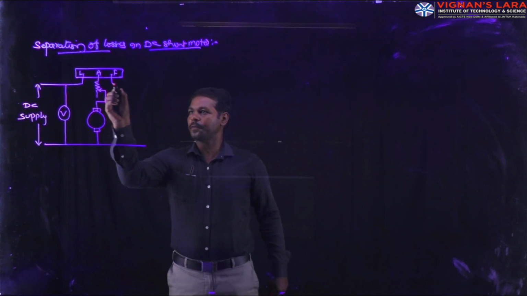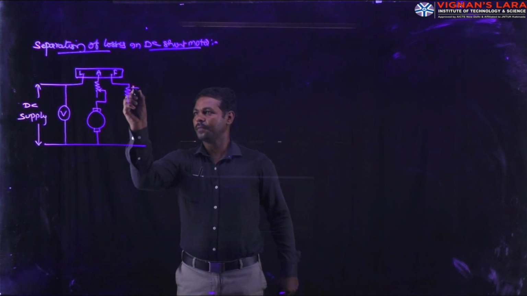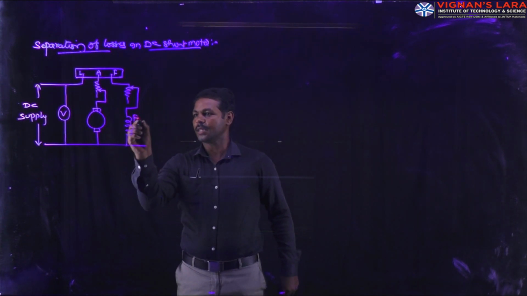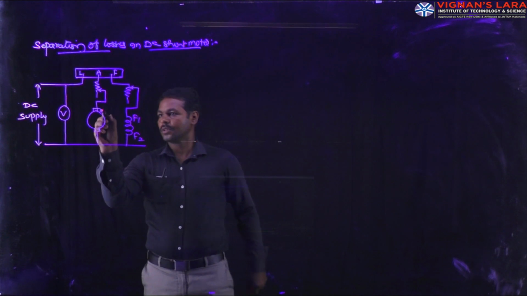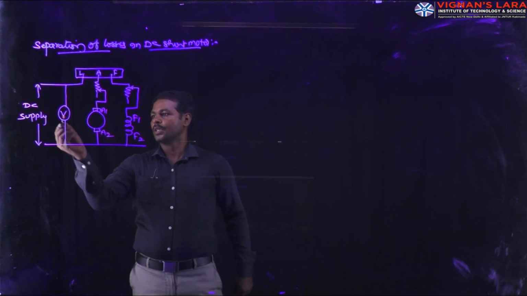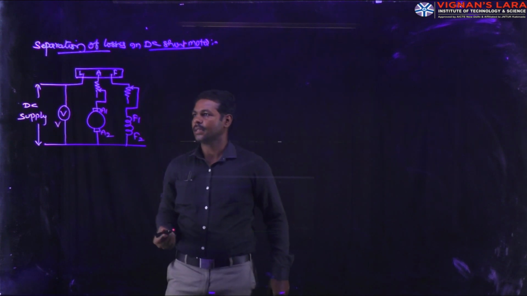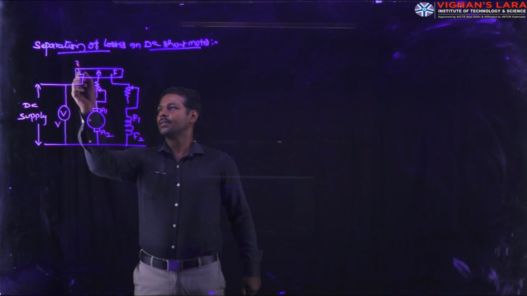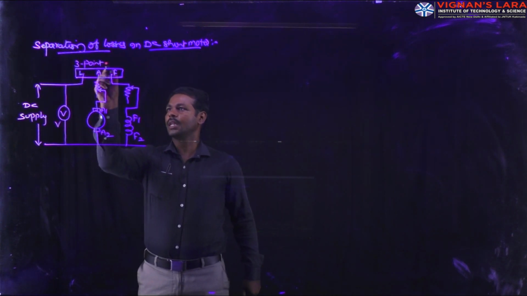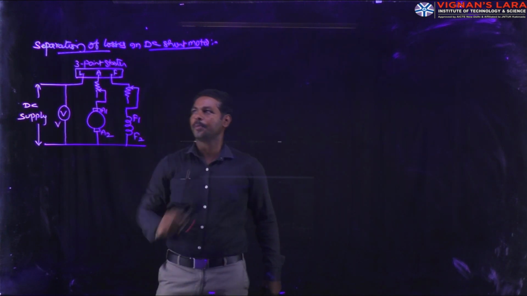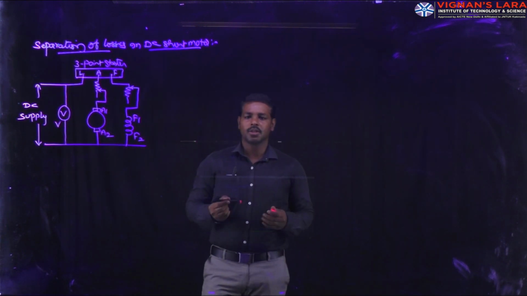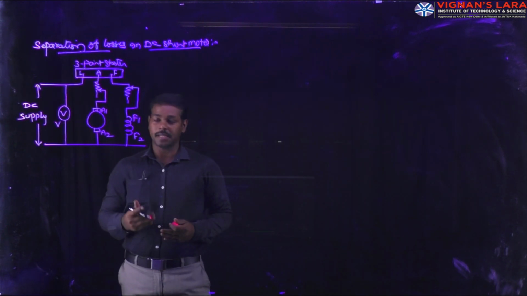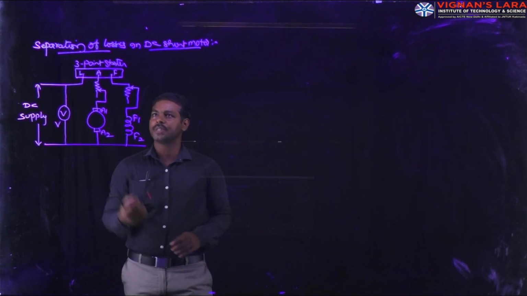Another one is the field, which is connected to the field rheostat, which is always placed in the minimum position. These are F1 and F2, and A1 and A2, which is the input voltage. This is the armature rheostat and field rheostat, and these are the 3-point starter. What is the function of the 3-point starter? It is always used to limit the starting current, as well as for protection of the armature.